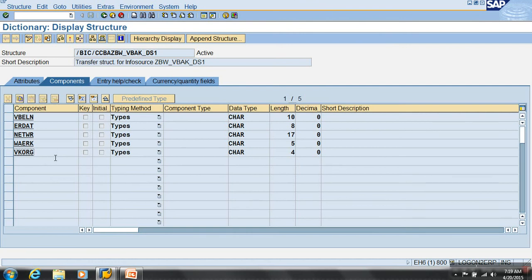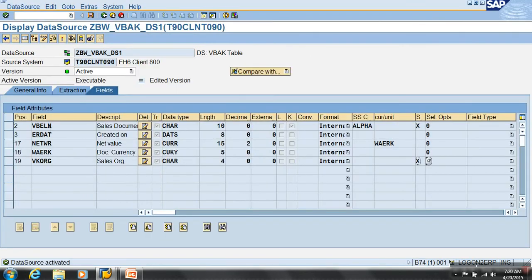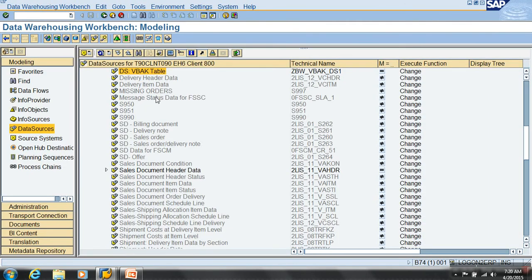So while generating the data source, you will only get to see the extract structure. Based on the customizations, when you replicate the data source, it reads the metadata of your data source, sends it to BW and formulates your transfer structure. And when I activate my data source in ECC, it creates a transfer structure in ECC. The transfer structure in ECC will tell you what fields are sent out, and the transfer structure in BW will tell you what fields are coming. Obviously, what is sent and what is coming should match, and when there is a deviation, it gives an error. Okay, that's it. My data source is ready.